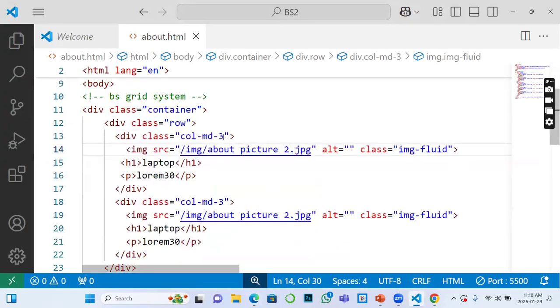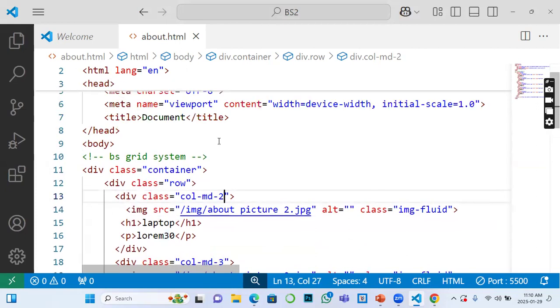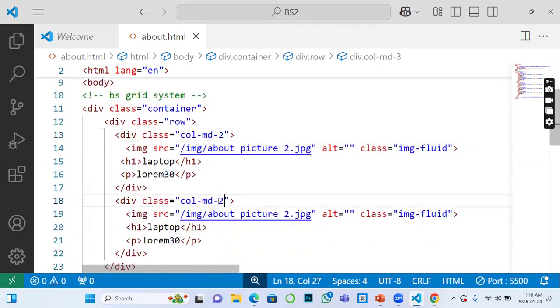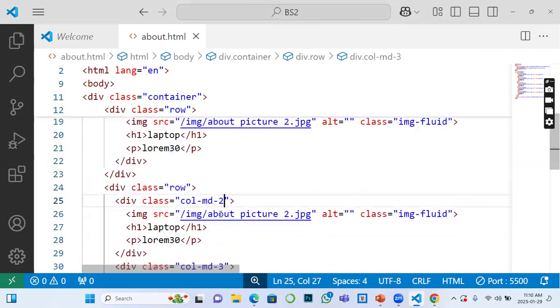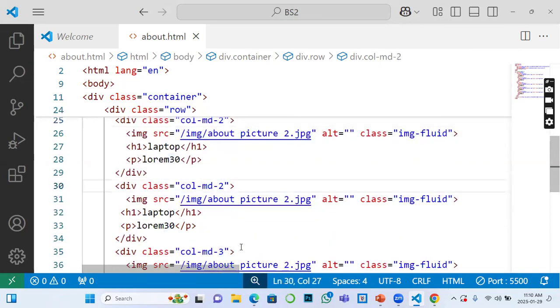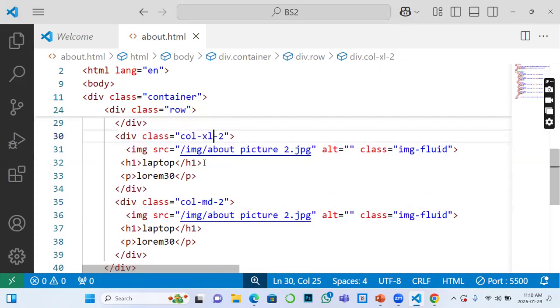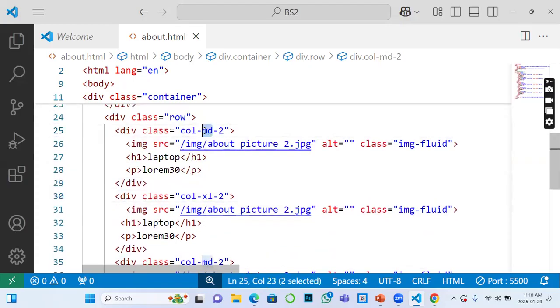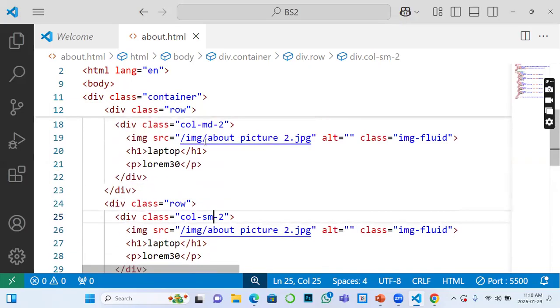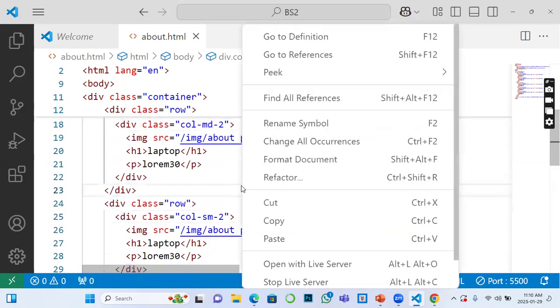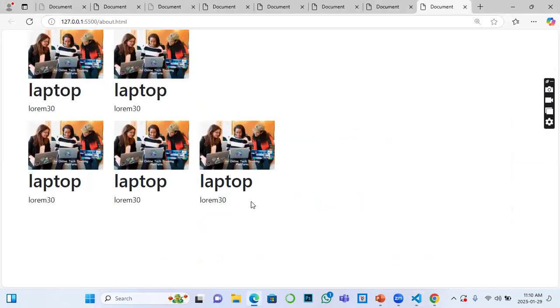So if I want that to be equal, let me check 2. And then let me change here to SL. Change here to SM. Medium device. Okay, so I have different ones. Good. You can see, immediately I put different devices,